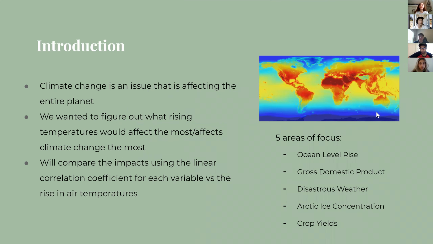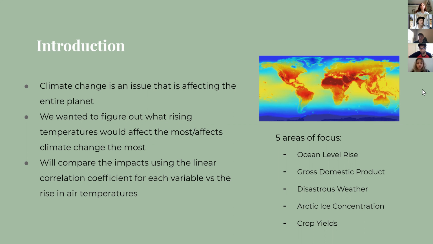We looked at climate change because of its presence as a global issue. We wanted to see how rising temperatures affected different areas of the planet and society. The 5 areas we focused on were ocean level rise, gross domestic product, disastrous weather, Arctic ice concentration, and crop yields. From these areas, we found which was most impacted using the linear correlation coefficient for each variable versus the